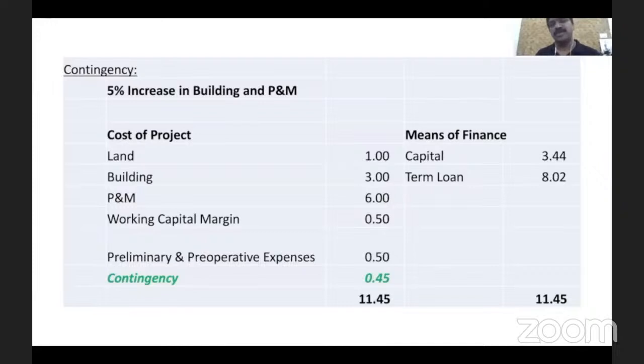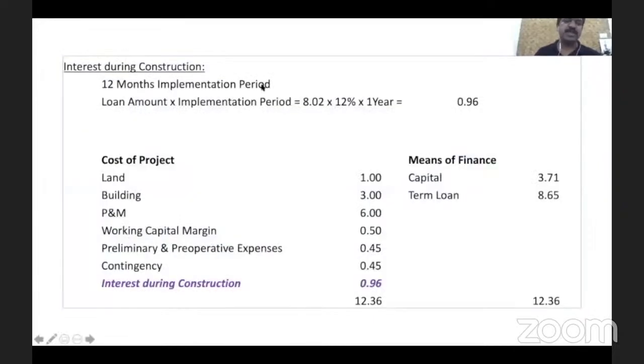How will they pay interest? They don't have income, they have only expense. How will they manage? That's where this concept of interest during construction period comes in. Let's say 12 months is the implementation period, then this loan amount, that is 8.02 crore,